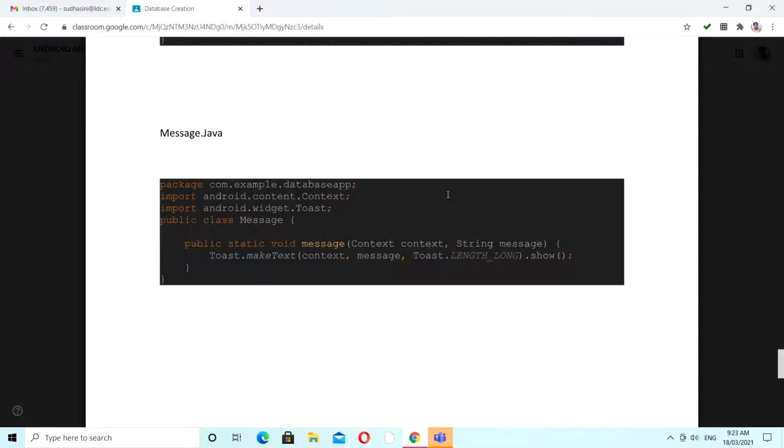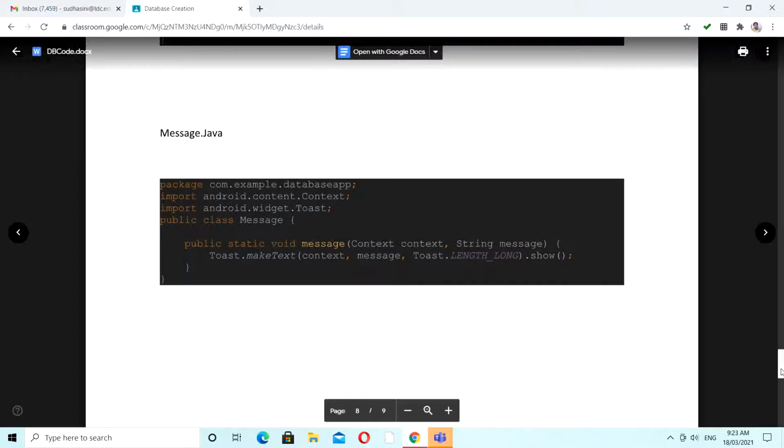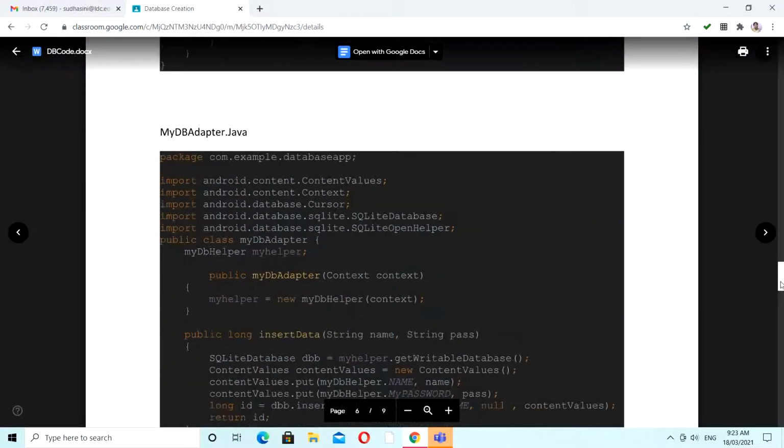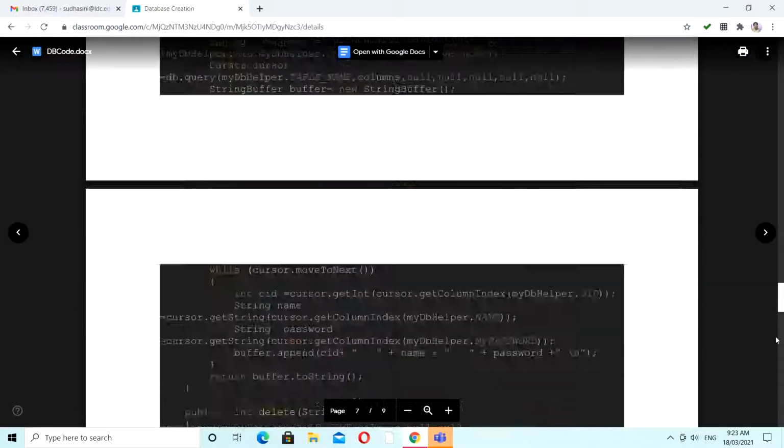The first one is the empty activity, which opens by default when you create your project. activity.xml is completely for your designing part, and main activity.java is the entire coding of the corresponding events and controls within your main activity. Apart from this, we are creating Java files. So we are creating 2 Java files. I'll let you know for what purpose we have created these Java files.